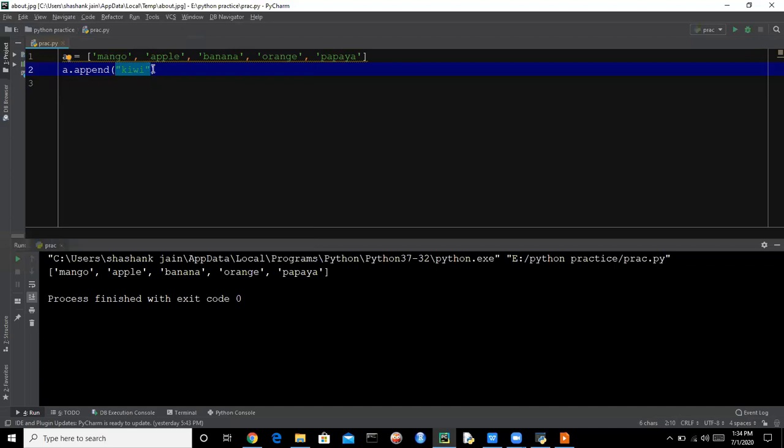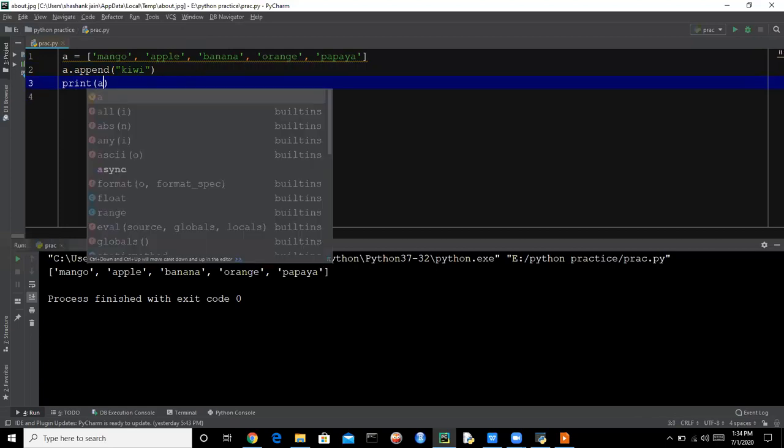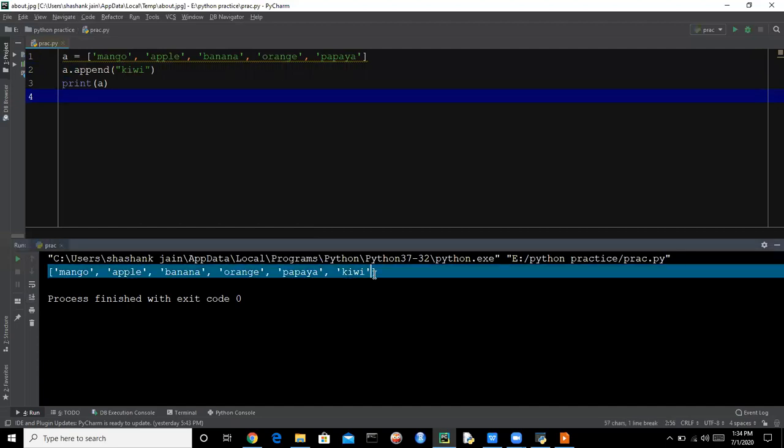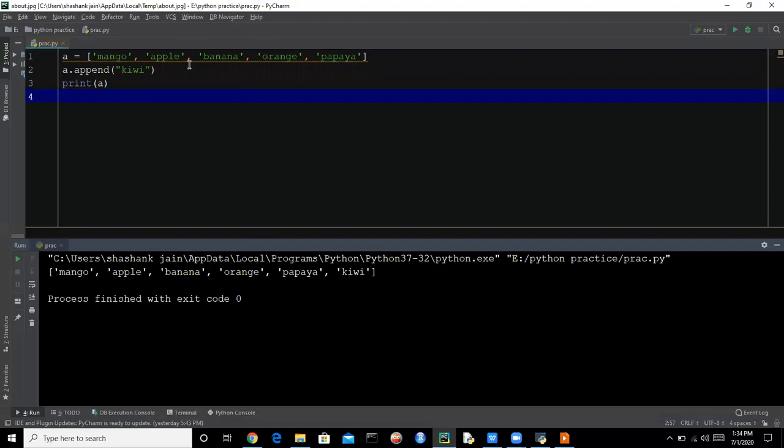So we are adding kiwi to the list A and we want to print A now. So here is the list and we are having kiwi at the end of the list. So if you want to add something at the end of a list, you can use the append function.